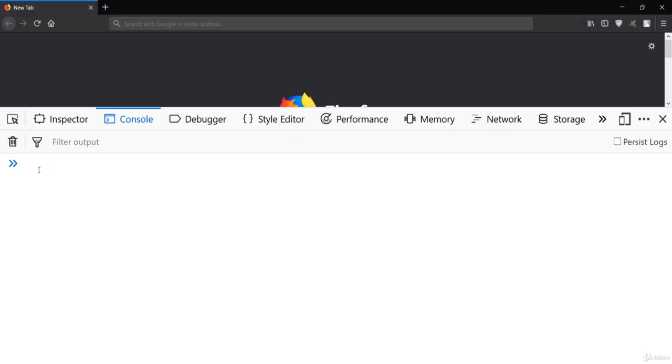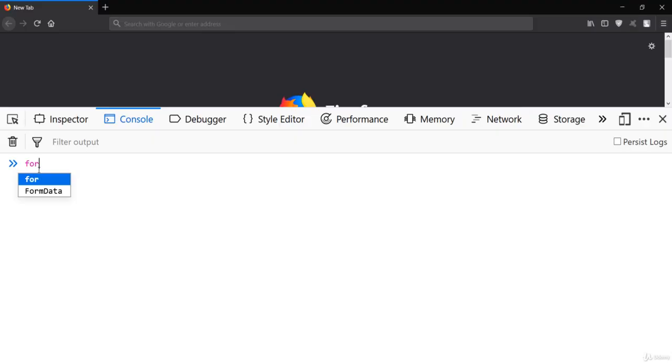So we have the for loop, while loop, do while loop, and the for in loop, but we'll start from the for loop. First of all, the JavaScript for loop iterates the element a fixed number of times. It should be used if the number of iterations is known. So let's see the syntax first.